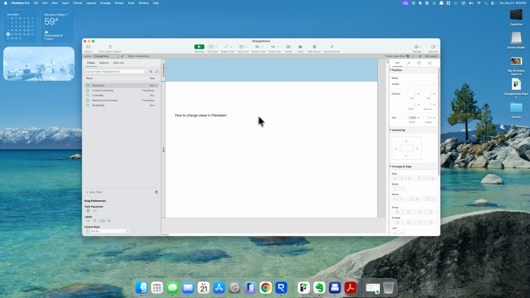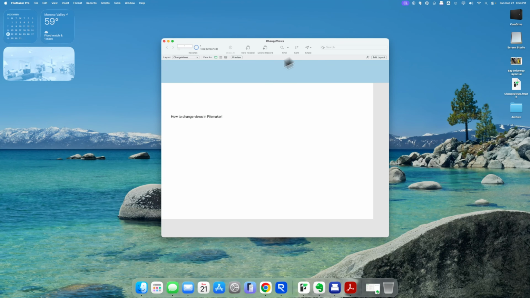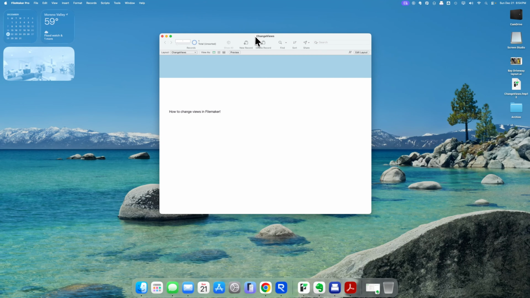In this video, we're going to talk about how we can change views in FileMaker. And what that means exactly is right now, let's say you have a browse mode. Browse mode is typically considered the view that you're interacting with the database as far as inputting data, reviewing portals on a record, and